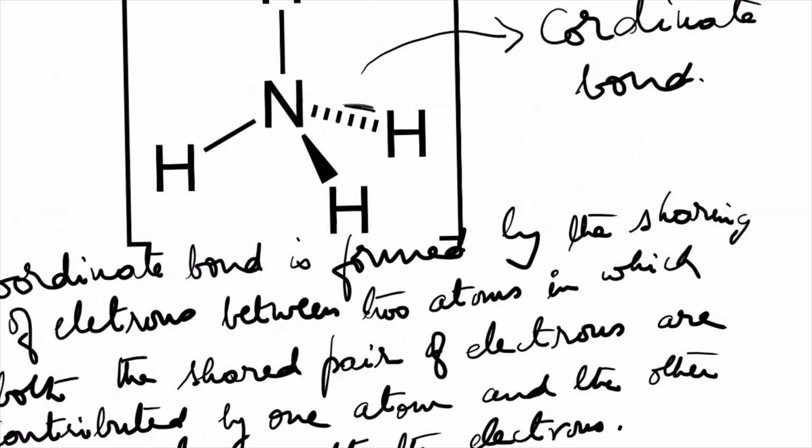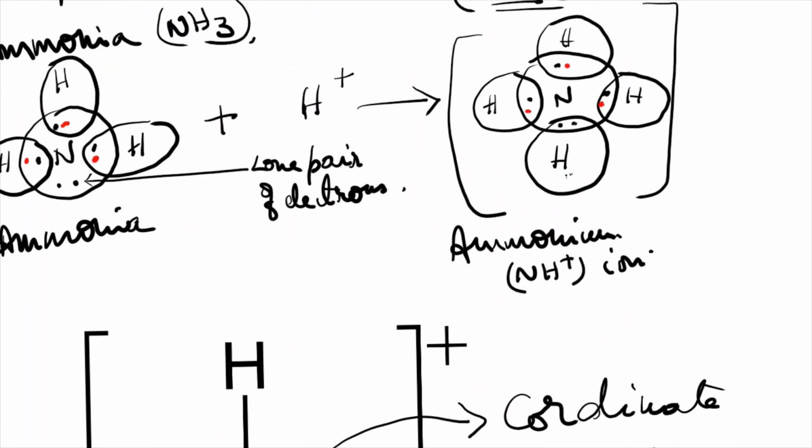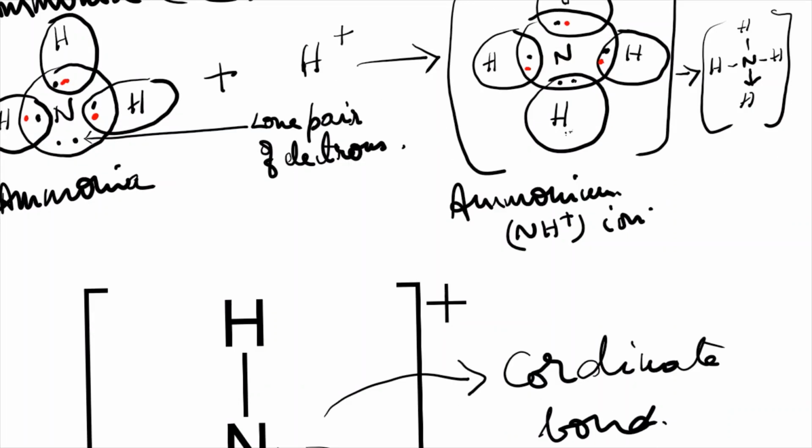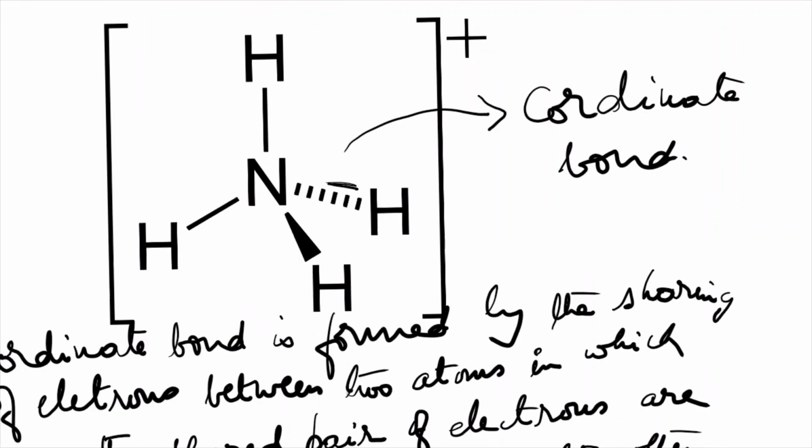Similarly, in this also we will represent this as H, N, H. These are all three covalent bonds, and this is the coordinate bond. Okay, this arrow mark is the coordinate bond, right? Now similarly here also we have